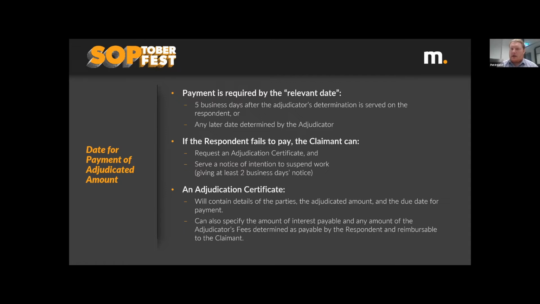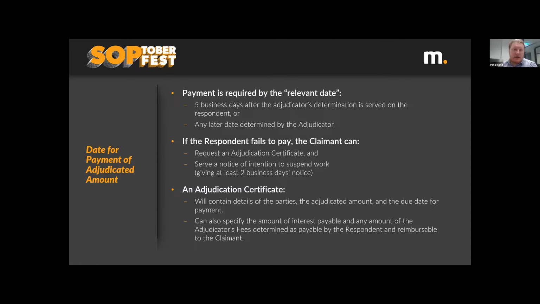So once the adjudicator has determined the adjudicated amount, payment of that amount must be made within 5 business days of the determination being served on the respondent, or a later date that's determined by the adjudicator. In circumstances where the respondent fails to pay the adjudicated amount, there's a few steps that the claimant